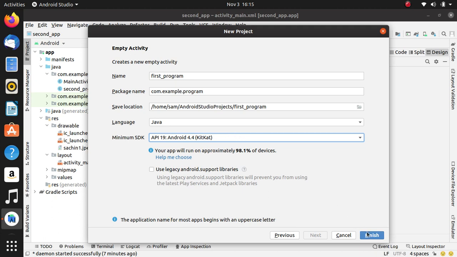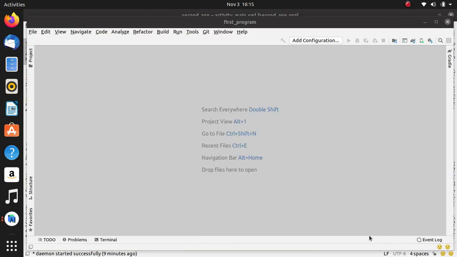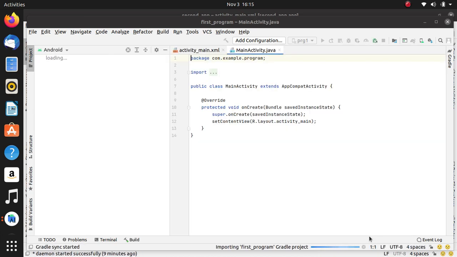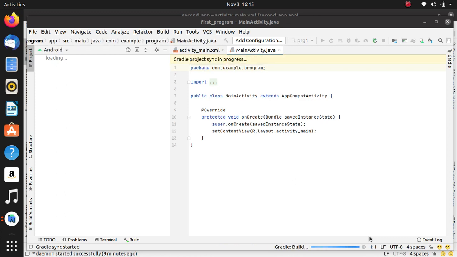Now click next. We have chosen KitKat. Now wait for the project to get completely built. It is showing that it is loading. Please wait for some time.